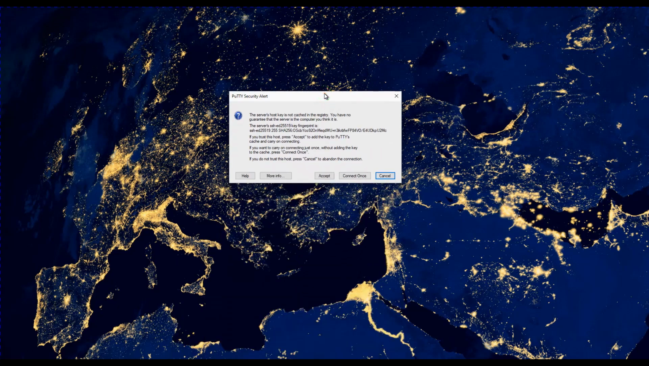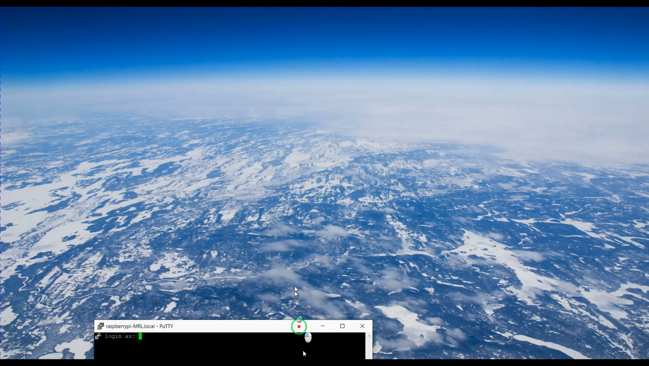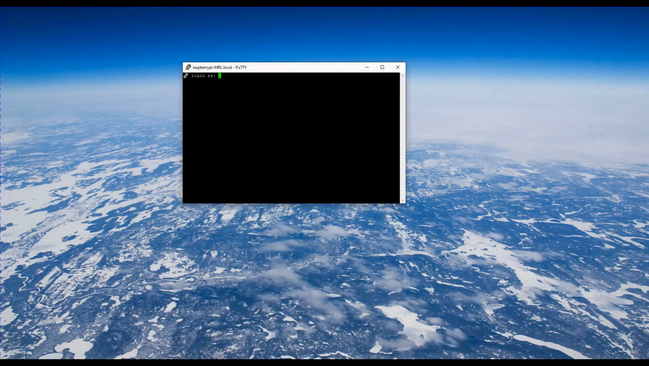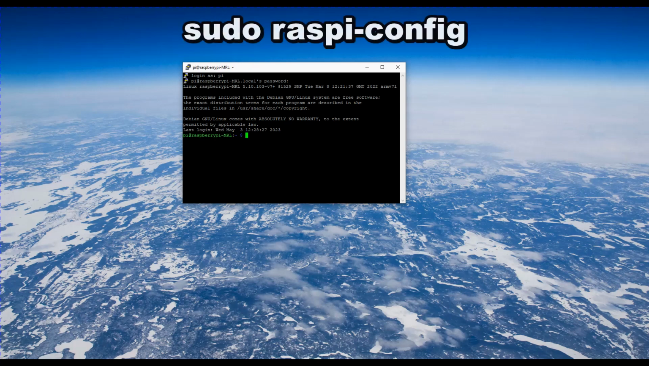Now, it's going to pop up a little security alert saying that you're attempting to connect to something for the first time. Do you want to accept that connection, or just connect once? I'm going to accept the connection. And as soon as I do, I get this window. So I'm going to log in as Pi, use the password I preset, and as you can see, I am now logged in. By running this command, sudo, which is superuser do,